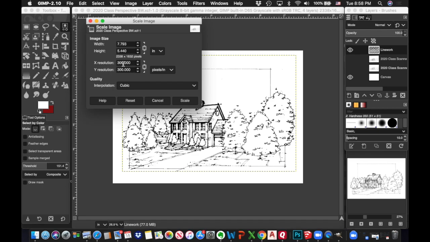My resolution is now at 300 by 300. I'm going to want to make a couple changes. One, I'd like it to be as close to 8.5 by 11 as possible. In order to do that, I'm going to make sure this chain is clicked shut, not open like that. Click shut. I'm going to type in 8.5, a width of 11, and then it will automatically say, well, it's